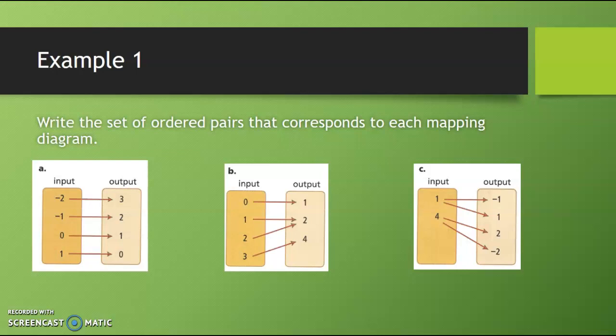All right, so in our last video, we talked about the vocabulary and how we can represent relations, and that a relation is a set of ordered pairs. Now we're going to write the set of ordered pairs that corresponds to each mapping diagram. So on this one, they're giving us the maps, and we're just going to write the list